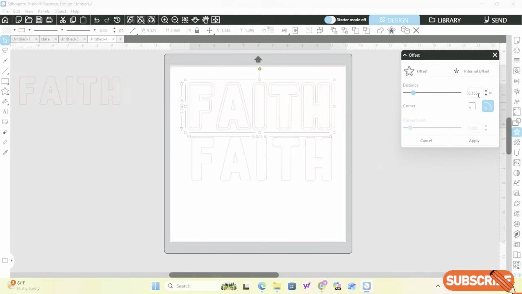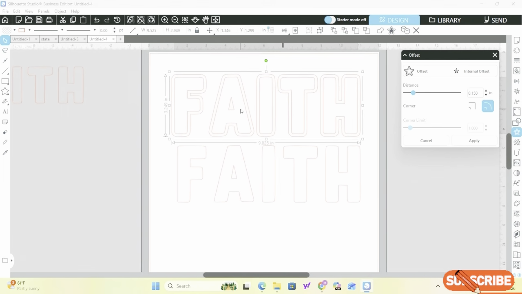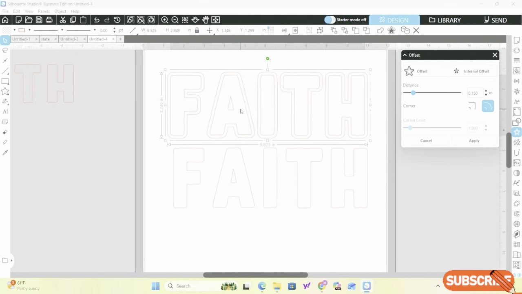Now if you look at my font, I know you don't see any color, but I'm going to zoom up as best as I can because I actually want it to stay like this without having a color. Okay, so I'll put color on it soon, but just give me a second. So now that I have my offset being 0.105, I'm gonna press apply,